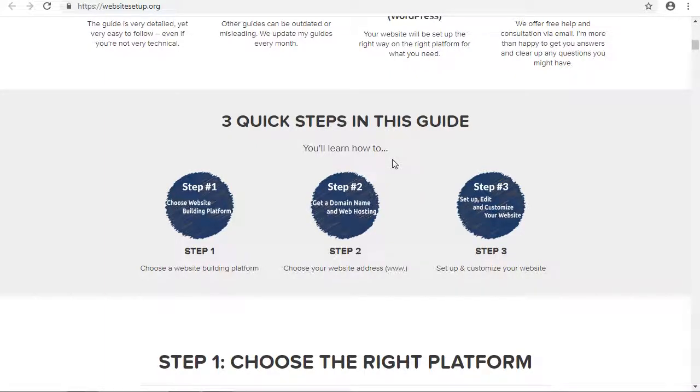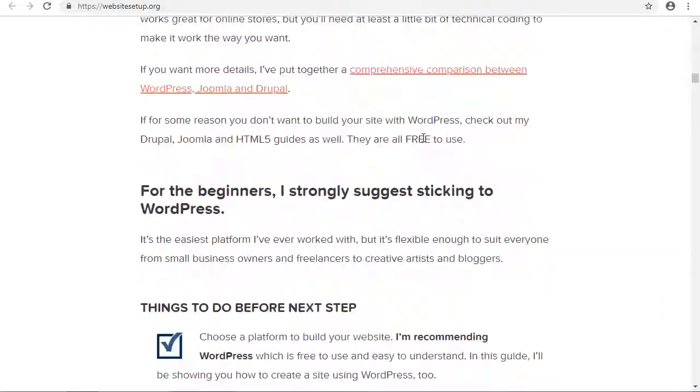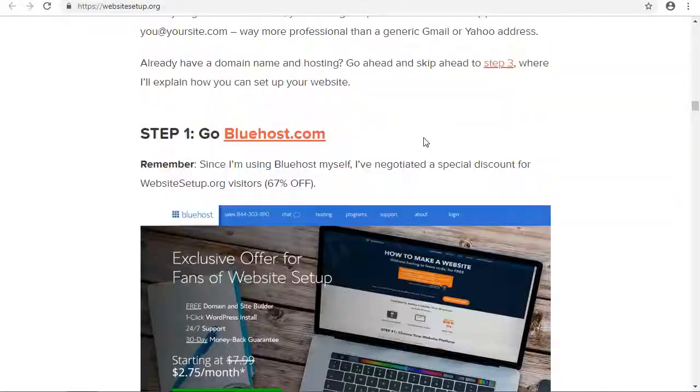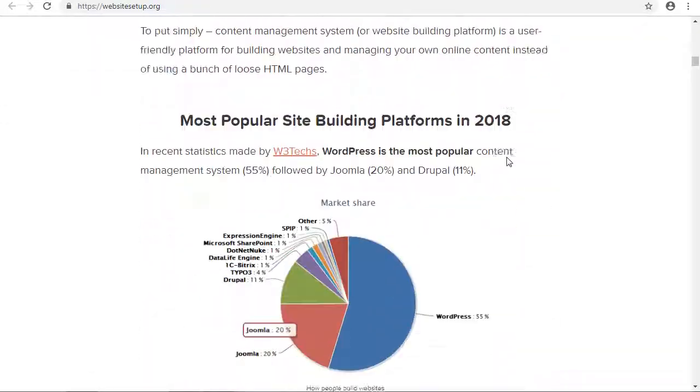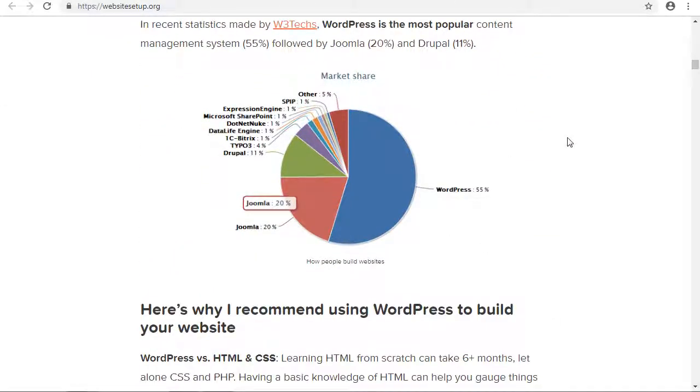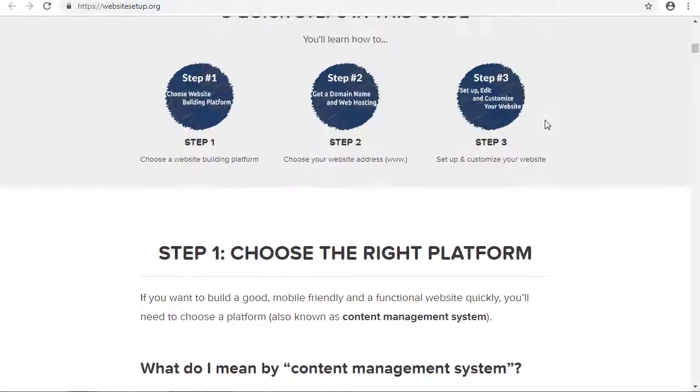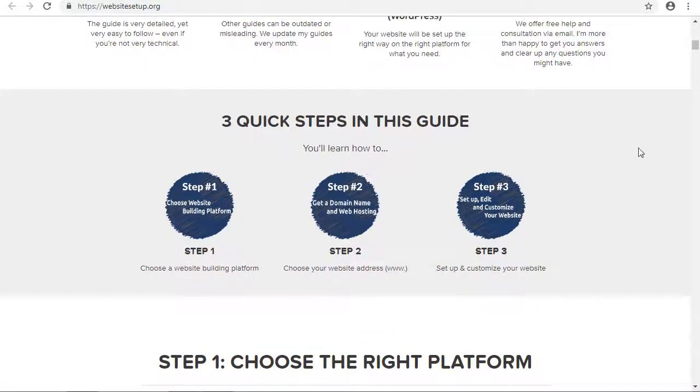You also have ones like Bluehost, which is also a good web hosting site. There are other ones I can also use, but I recommend Hostinger or Bluehost for you to host your website.